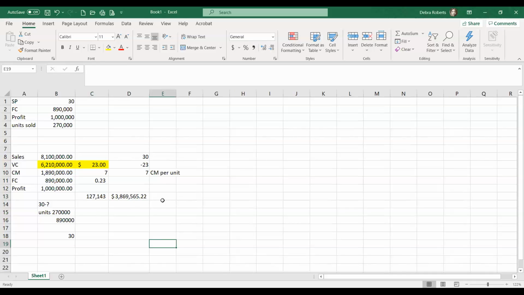So to break even, you have to produce at least 127,100 units. To break even in dollars, we have to earn 3.869. So here's our break even. I'm going to put here break even dollars, and here break even units. So yes, we do have enough. All right, but I'm going to change that. I'm going to go back to my